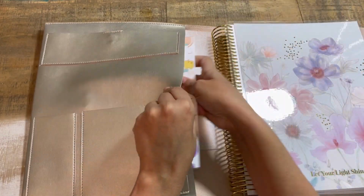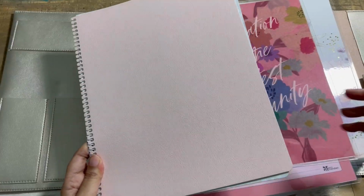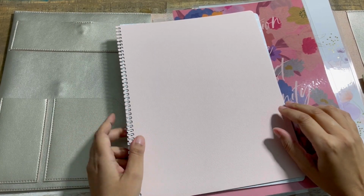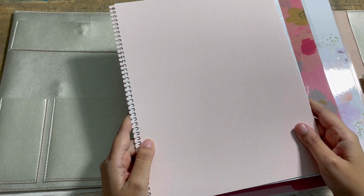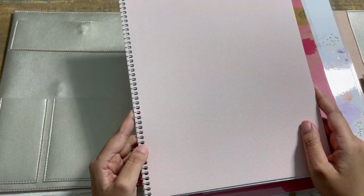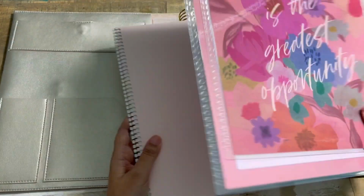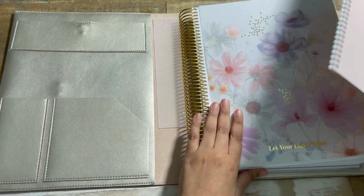Like you can just stick this in there, or maybe put a sticker book or something. I also received interchangeable covers, but this time what is different is that you may have seen it with the Life Planner launch, the interchangeable vegan leather covers, and they also are going to have this available for the teacher lesson planner. So fun fact. And I have another set, I will show you that in just a bit, but this is the vegan